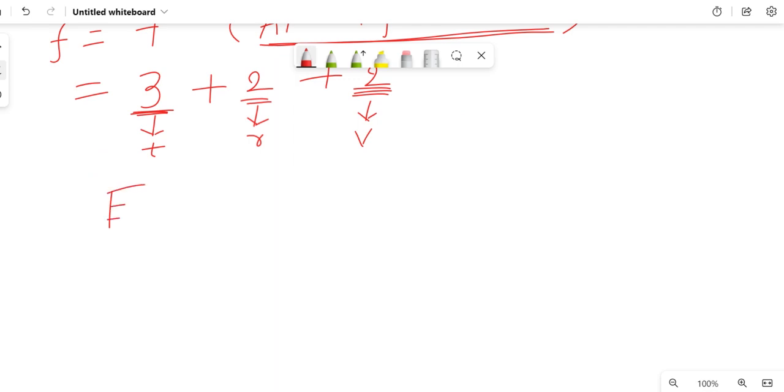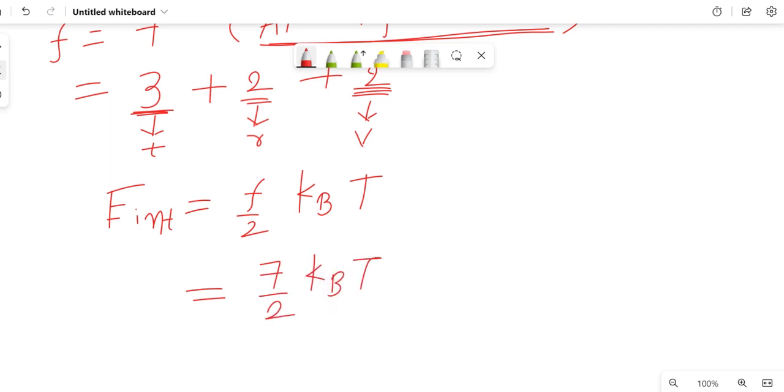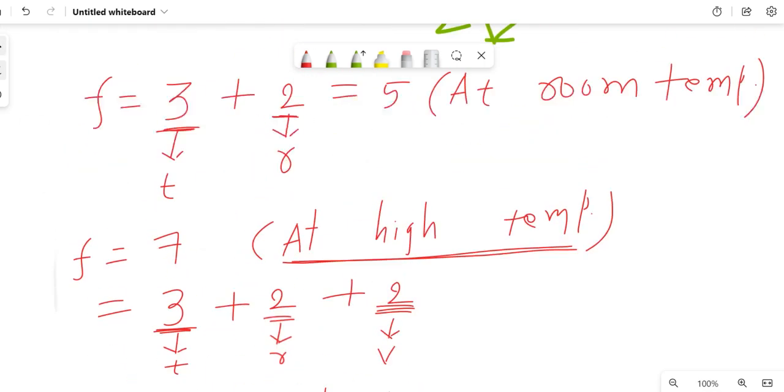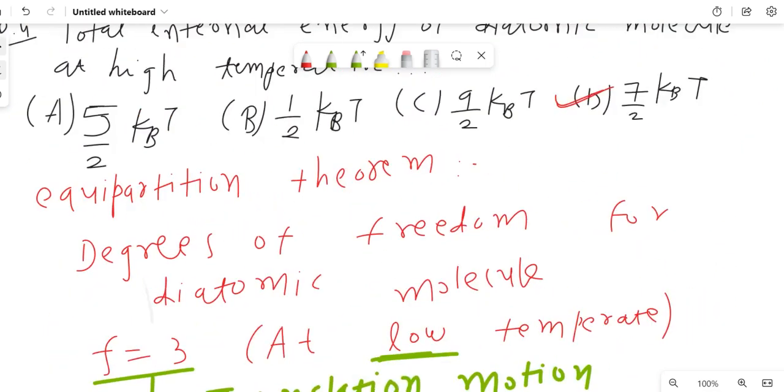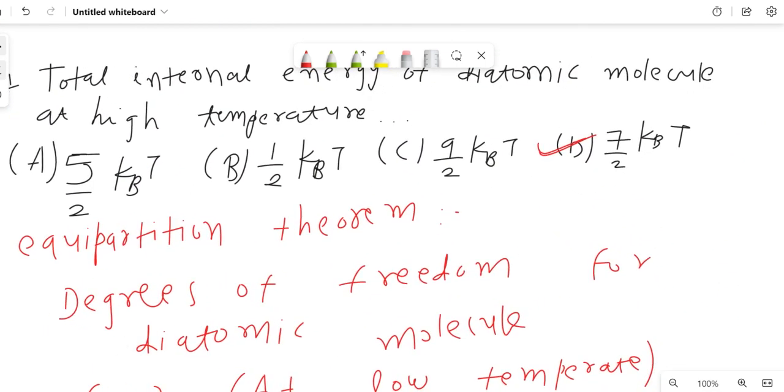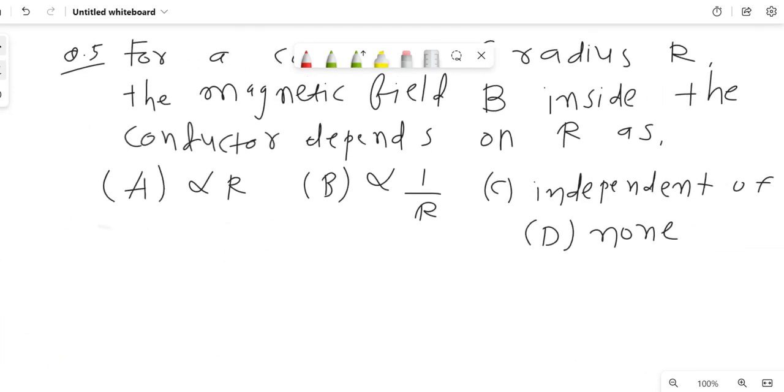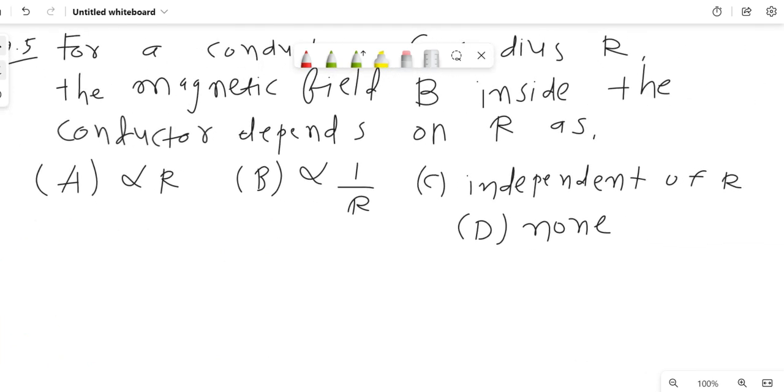The internal energy is given as F by 2 kBT, and in the question we are given a high temperature. So at high temperature F is 7, so it will be 7 by 2 kBT. So the internal energy of a diatomic molecule at high temperature is 7 by 2 kBT. So the correct option is D. Now the last question for this video is